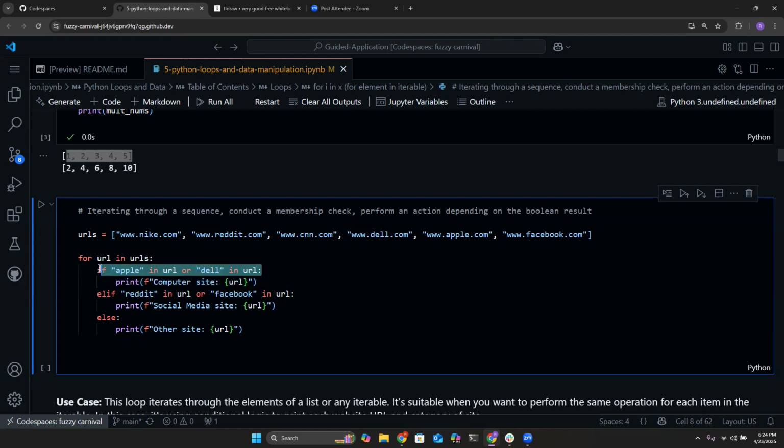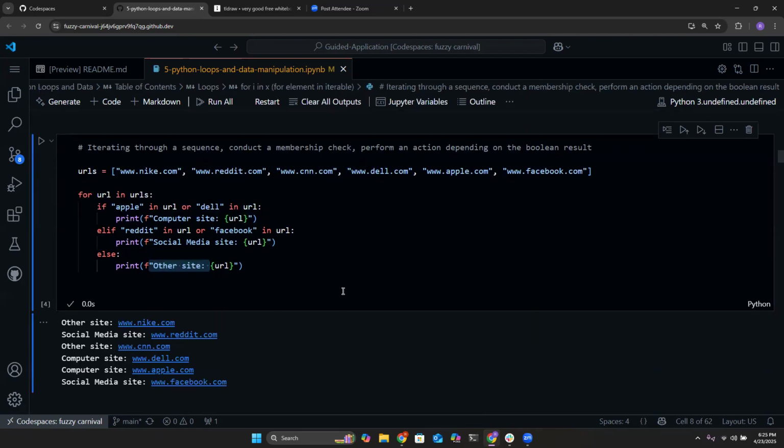Now, if this fails, we're going to move over to the next elif statement, where it's now going to check if the current URL we are looping through is either Reddit or Facebook. And if so, we're going to print out a different string, which will now say social media site, as well as the current URL that we are looping through. If this fails, it's going to default to the else statement, which is going to print out the string that says other site, followed by the URL that we are currently on. And when we run this,